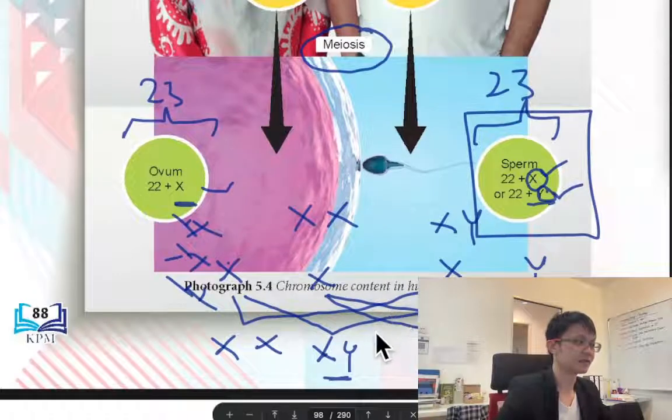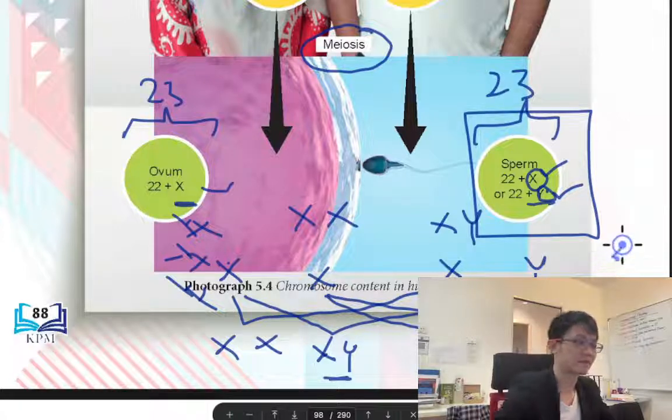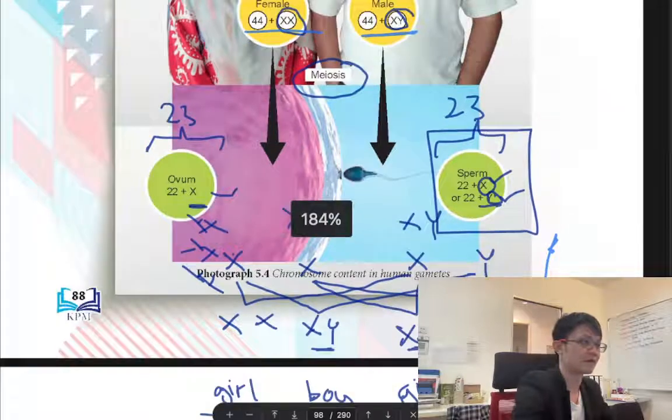Let me adjust the center a bit. Can I zoom in? So difficult to zoom in. Wait, what is happening? Okay,